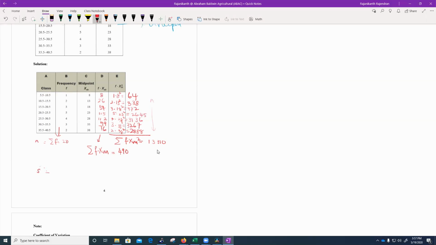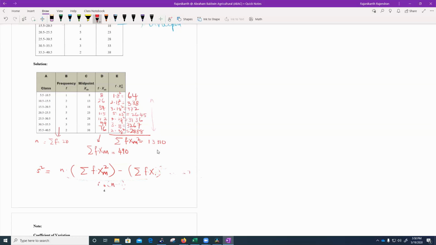So the sample variance is given by the formula: n times the summation of f times xm squared, then subtract the summation of f times xm, then square this, all over n times n minus 1, right? Sorry, this is the product. Okay, I'm simply plugging the values now. n is 20